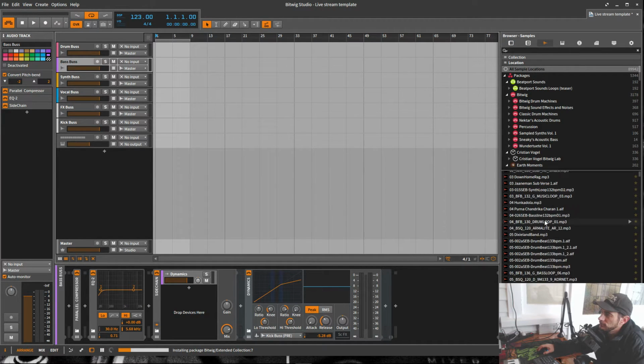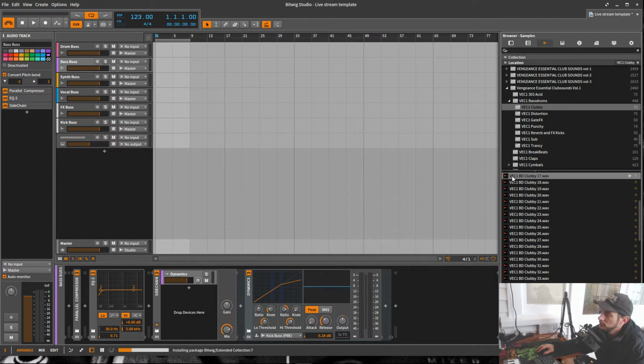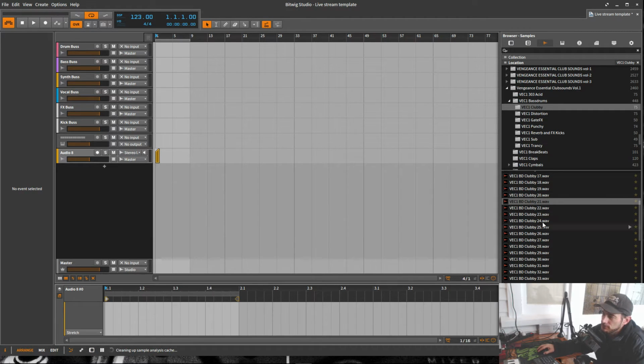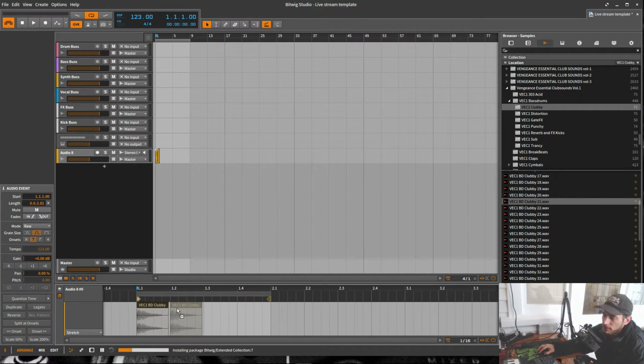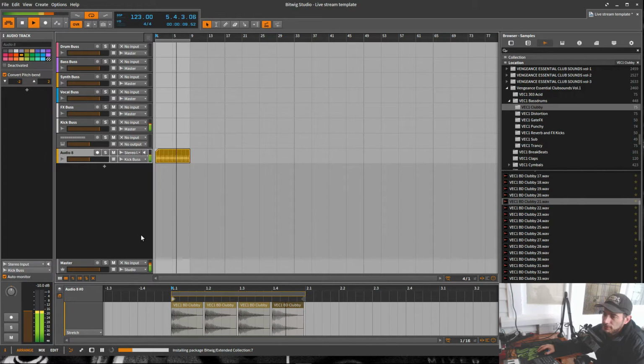So let's quickly go to samples and find something quick. Okay, let's just grab that one. So I'm just going to create a new audio track just quickly. Inside here, I'm just going to throw this clubby kick and just duplicate that a few times. So now this kick is going to be sent to the kick bus, and then that signal will be coming